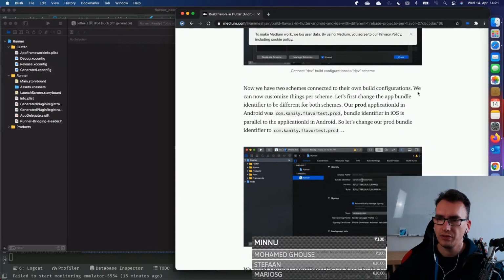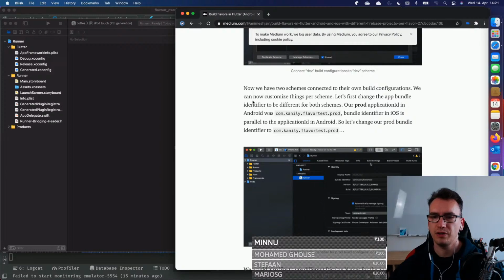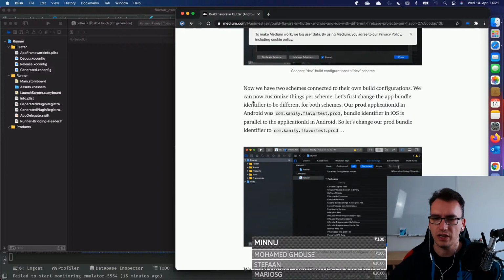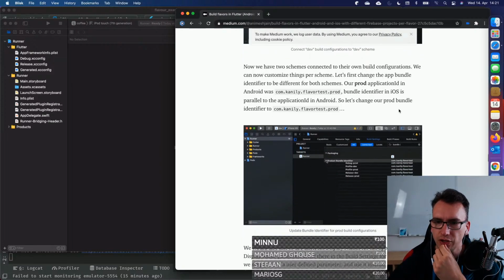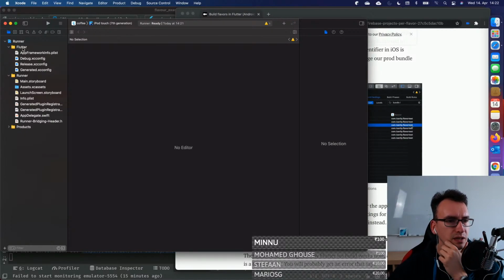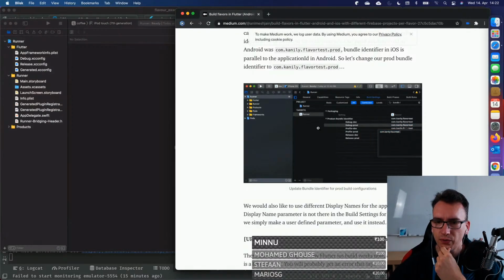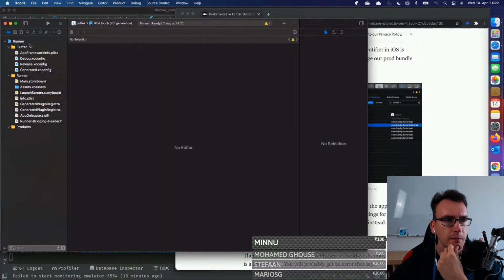Connected to their own build configuration. We can now customize things per scheme. Let's first change the app bundle identifier to be different for both schemes. Our prod application ID in Android was prod. Okay, so what that means is if we go now to runner,